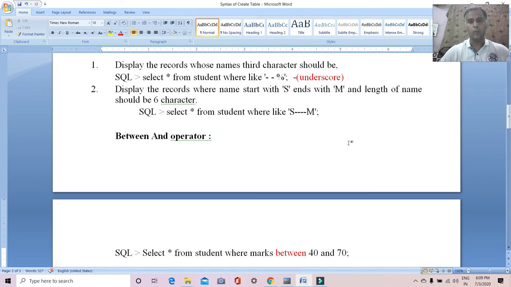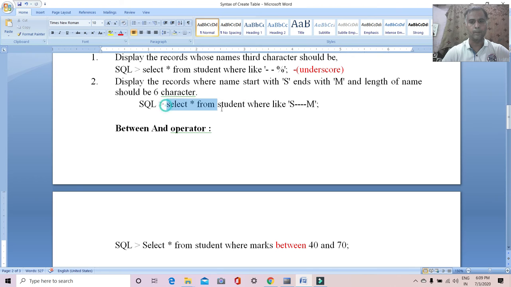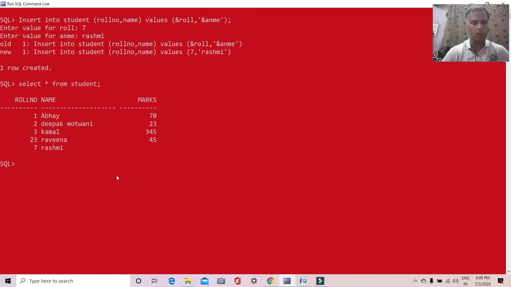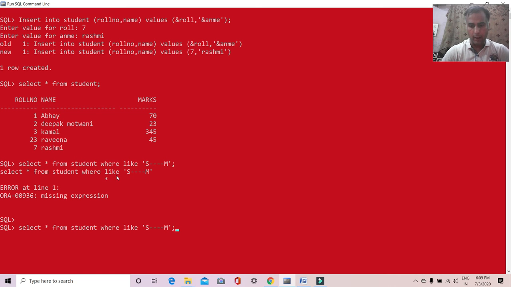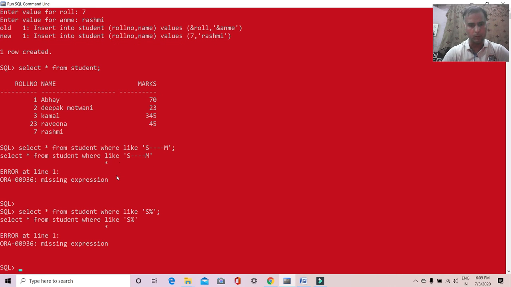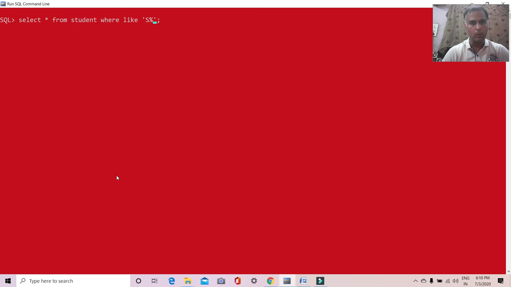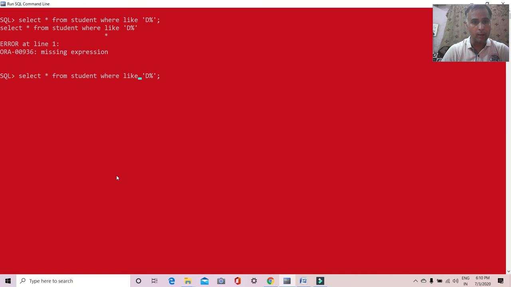Select query. Suppose we want to find a particular student from the table student. What we can do, there was an error here, we have to use underscore. Okay, so what we can do, we use percentage here, that will be better to find maybe the one student. There is no student in this table with the name start. So what we can do, we change the name and we will suppose D. So we will check, yes, where the name like, then it will work. The missing column was name.